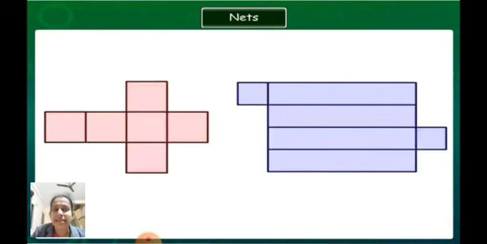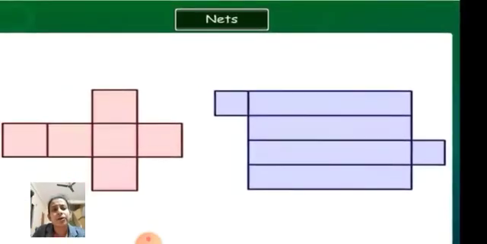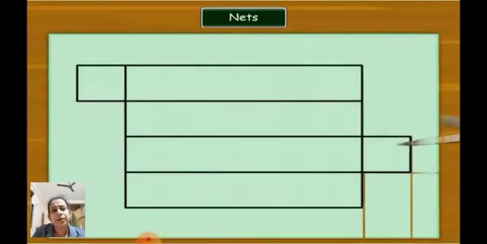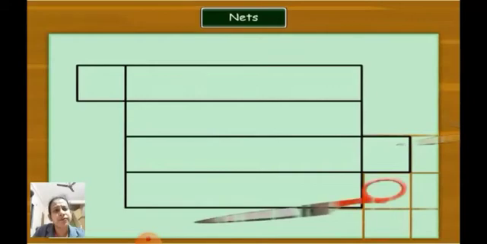Okay, and in the second, you can see a net wherein there are 4 big rectangles and 2 small rectangles. So what you need to do is draw this on a piece of paper or maybe a small chart paper, and then cut it along the edges. Or trace them first on the piece of paper, then cut it along the edges like this, with the help of scissors. Once you cut it, you get a structure something like this.